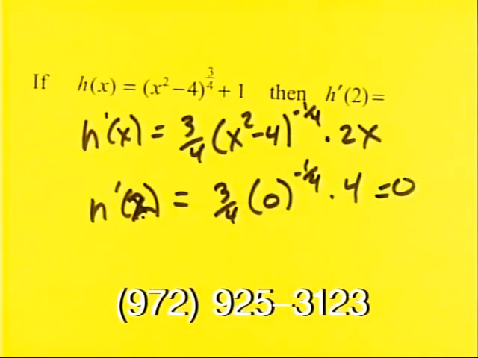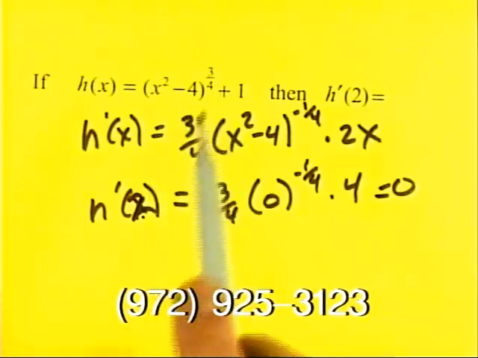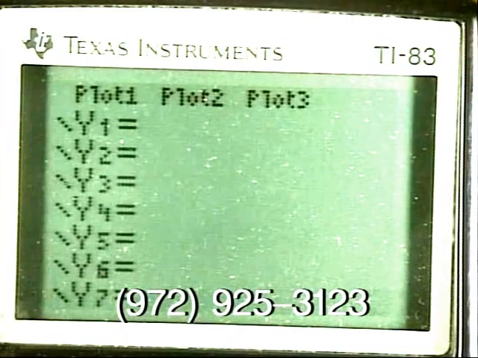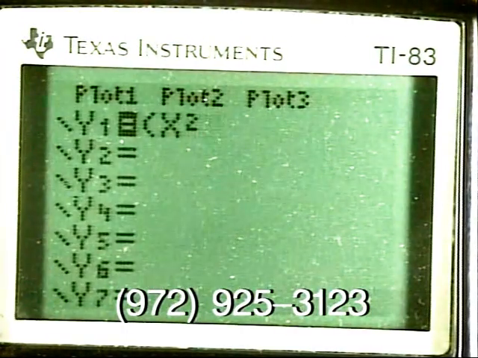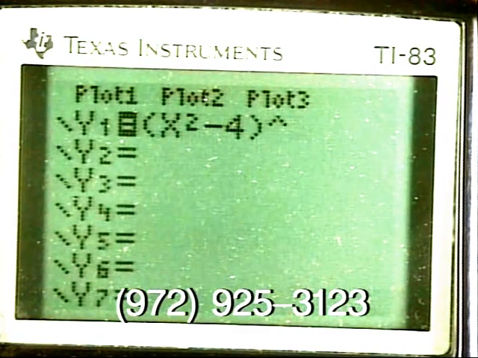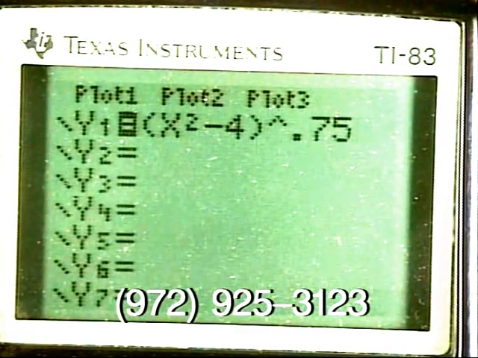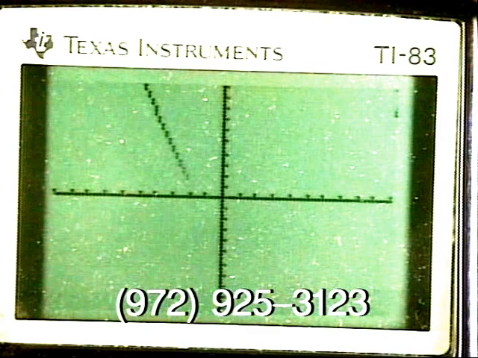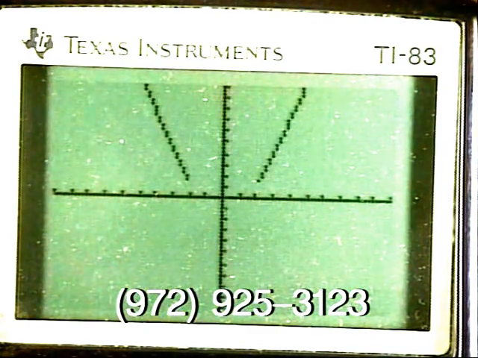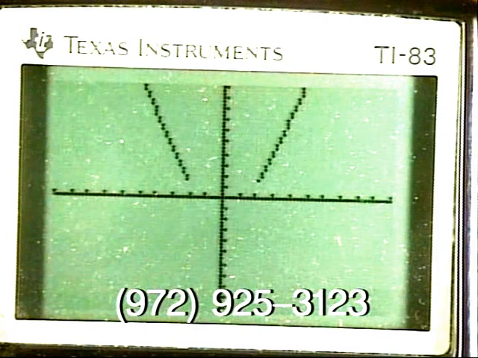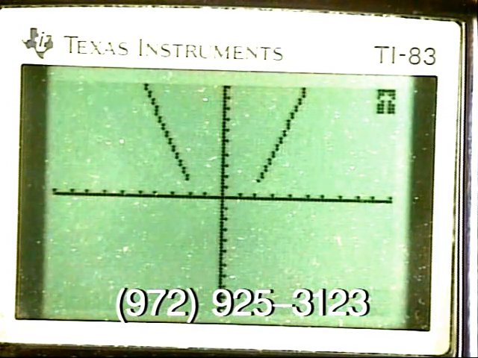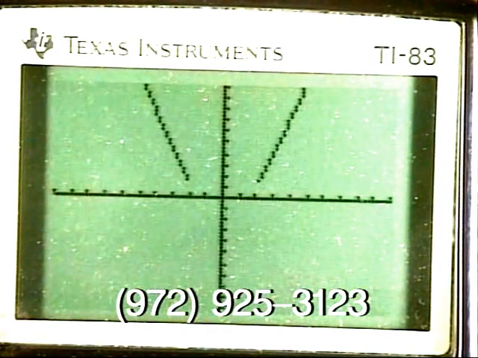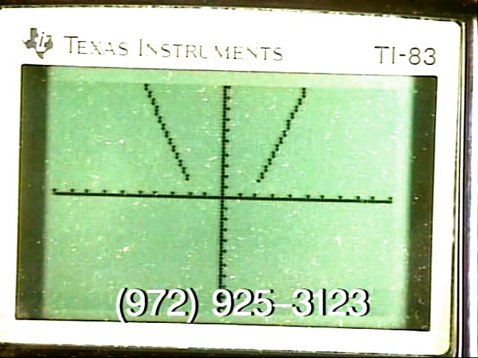Hey, Angel, let's do it on the calculator. Let's say you had this problem, and let's pretend this was a lot harder to do. Let's do it on the graphing calculator. We'll type in parentheses x squared, just a refresher, even though I know you know how to do it, raised to the 0.75 plus 1. And if you want to see what the graph looks like, you could just press graph. That's interesting. Now if we try to find the derivative at 0, we're going to get